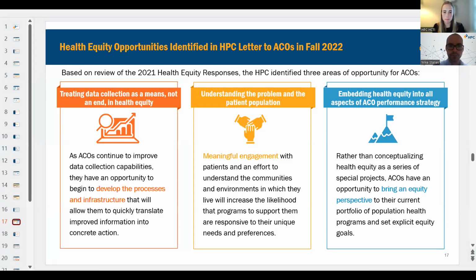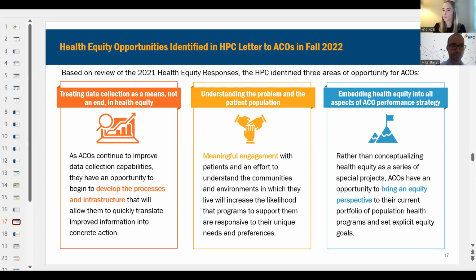Those of you who have been involved in the HPC's certification process before will recall that in 2021, we included a health equity component in the application for the first time. At that time, we asked ACOs to report on an initiative to address health inequity. And based on our review of those submissions, we shared a letter with each ACO last fall. That letter collected some of our observations and our reflections on future areas of opportunity